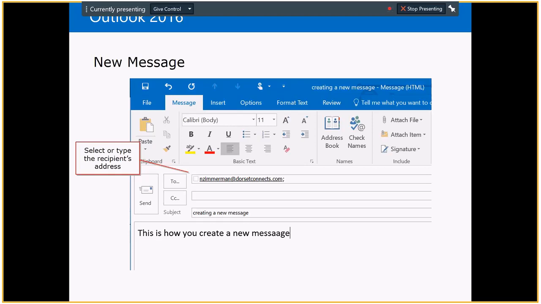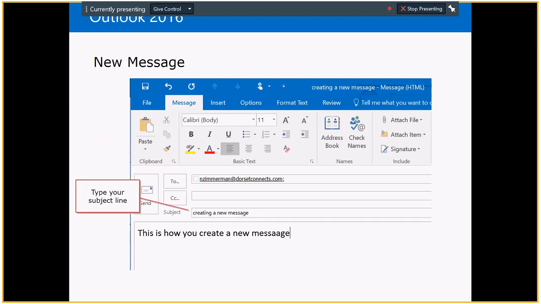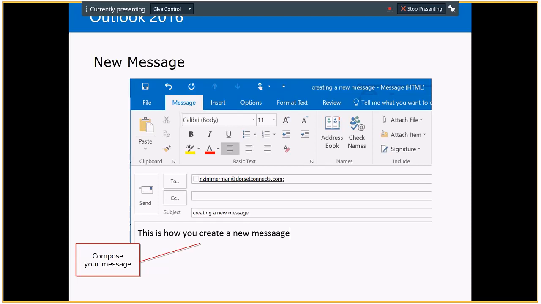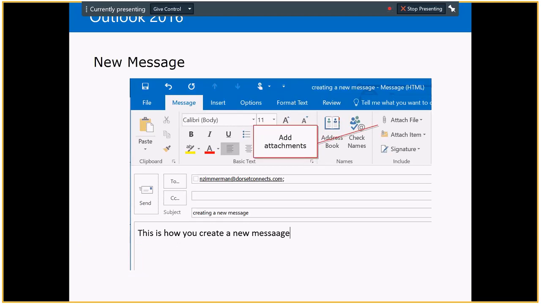I'm not going to go through all the process of creating a message. I think now that it's 2015, almost 2016, most people know how to create an email message. Obviously, you can type in the person's address. You could click the To button and pull them from your address book if you wanted. You can CC people. Same as you've always done. This has not really changed. Subject line, pop in your message. You can add attachments, right? And you can see there's an include section in the ribbon that has an attach file. You can add your signature,